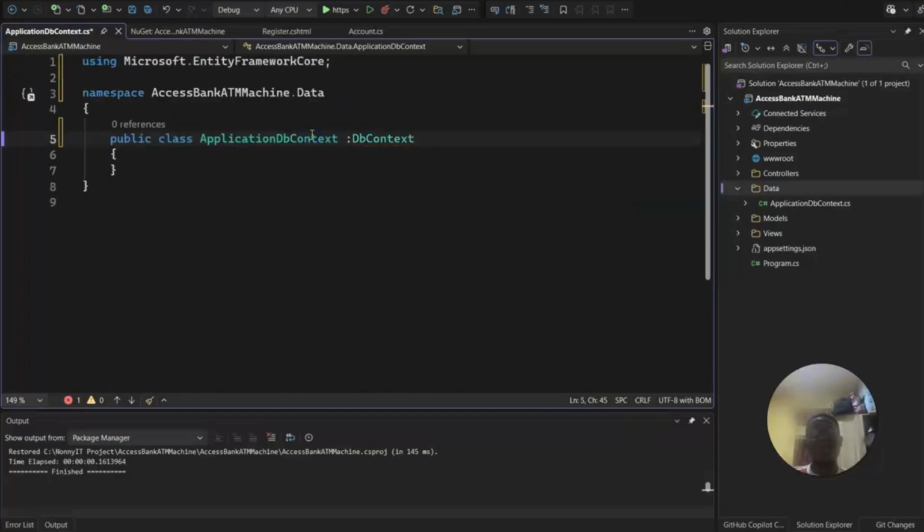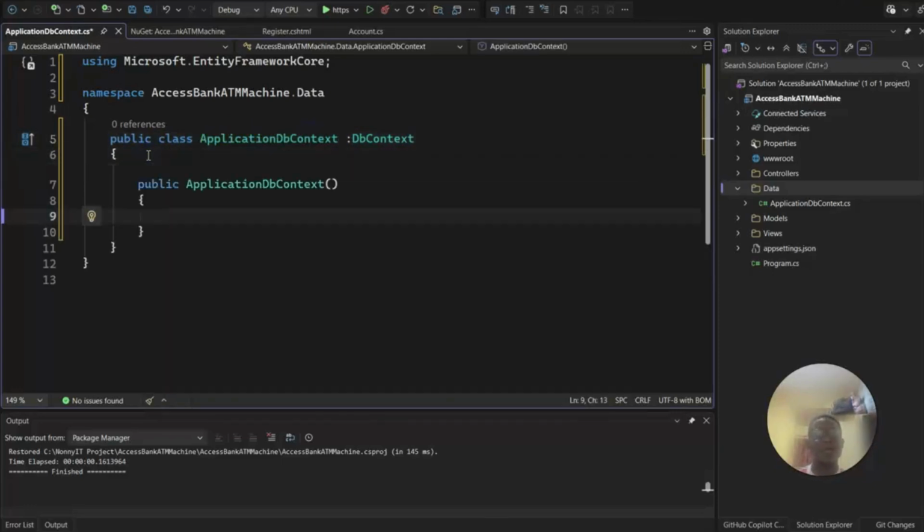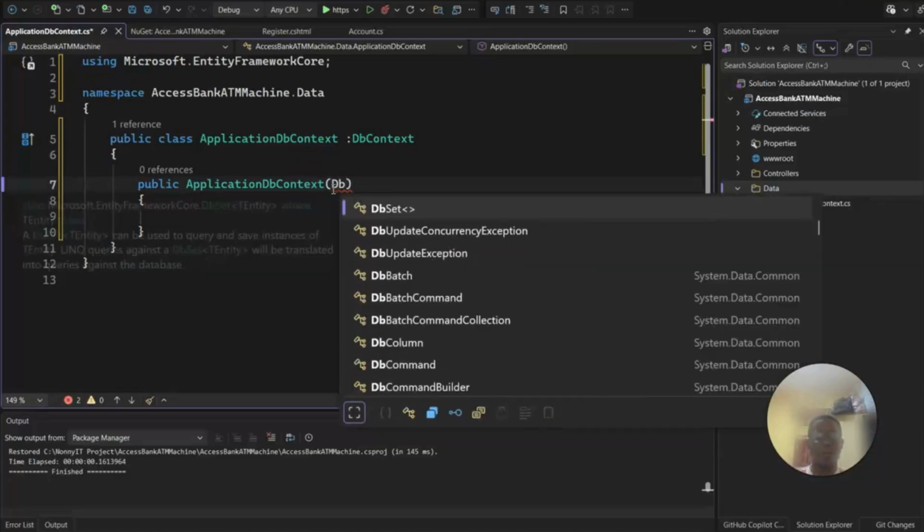So you just click on it, and once you are done, now we are able to access our DbContext class. So let's now create a constructor. You just come here, type CTOR and press tab. Once you have done, inside the constructor we're passing our DbContext options,